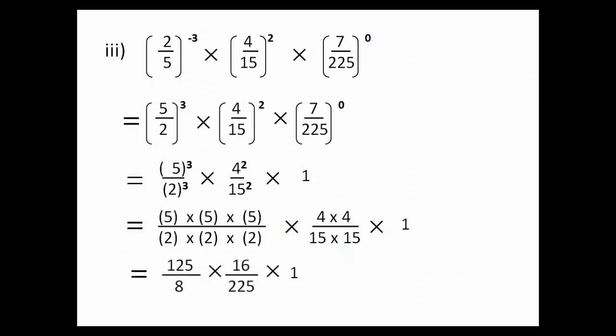So now we can cancel out 8 and 16. So 8 ones are 8 and 8 twos are 16. Then we can cancel these two by 5. So 5 by 25, I think. So that is the biggest number we can take. So 25 5s are 125 and 25 9s are 225. So 5 twos are 10 and here we have 9. It will result into 10 by 9.